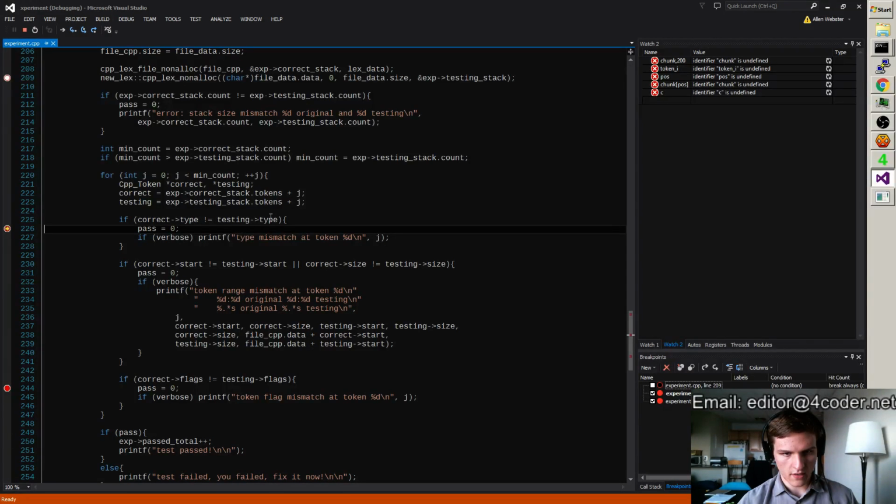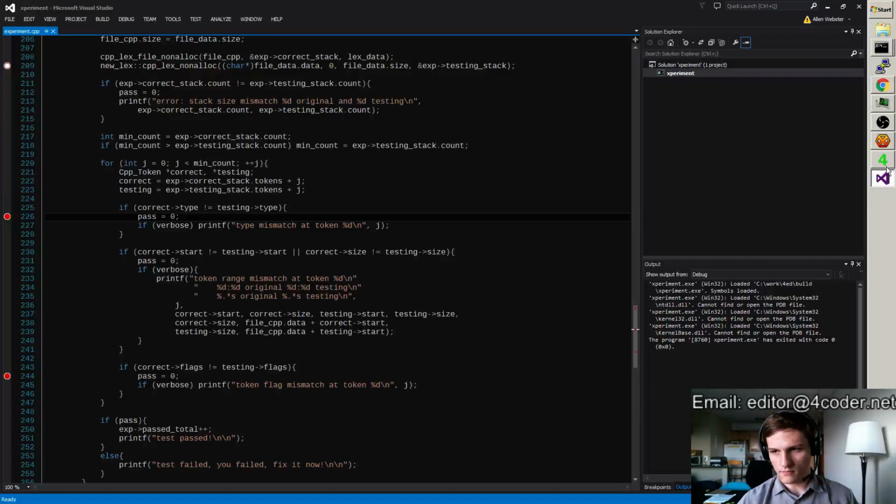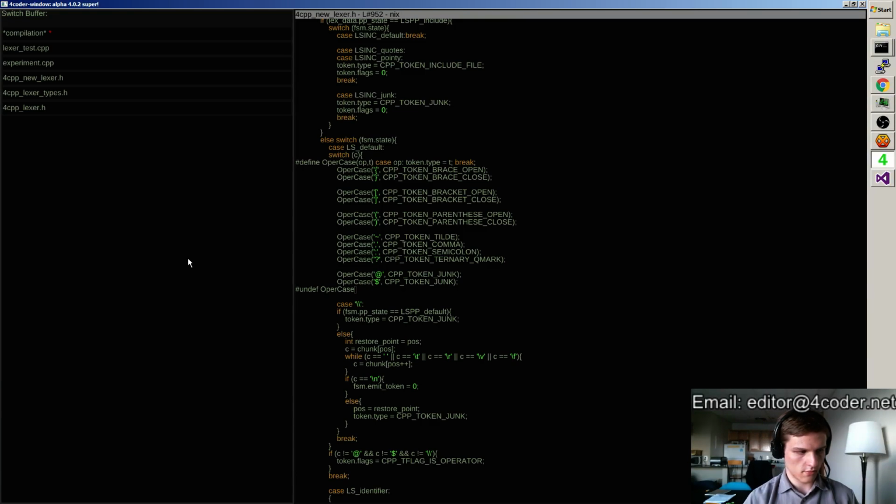PPP stringify token less. Interesting. So I assume that these are talking about, let me go look at what